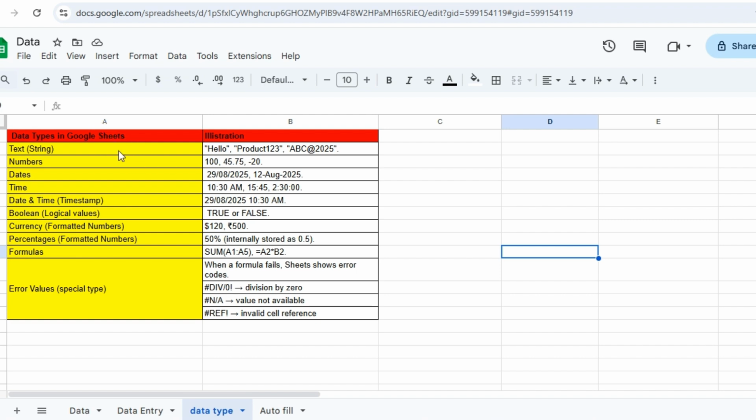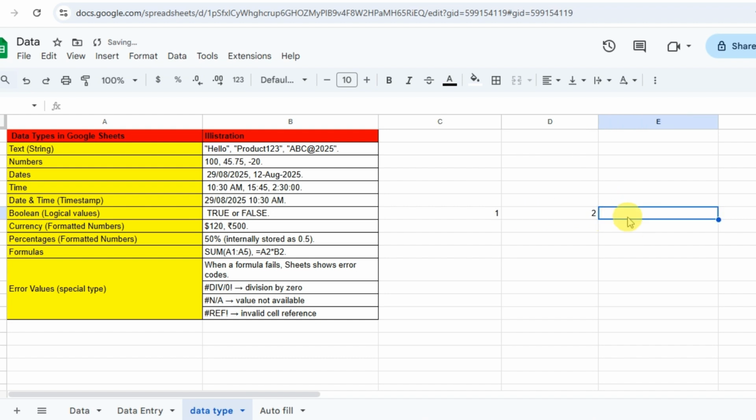If I talk about them, first is text. If you are putting this kind of data, then the data type is text. Similarly, you can put numbers. Similarly, you can put the date. Similarly, time, so here AM, PM, or the time of that particular moment. And then timestamp. Timestamp not only consists of the time but also the date. And then the Boolean data type also, which will tell you whether true or false. If I give one example, for example, here 1 is stored and here 2 is stored.